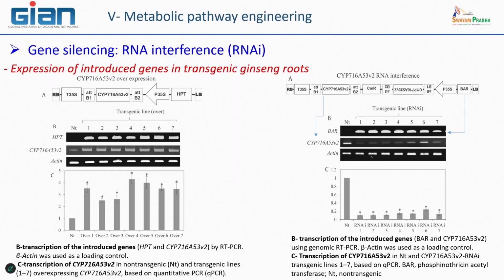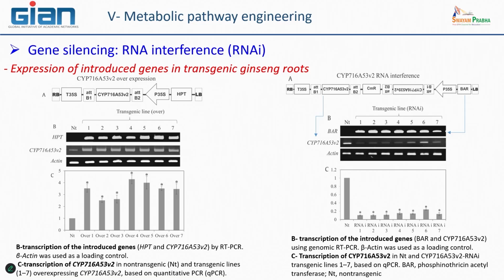And you can see here that this enzyme is expressed because you can find lots of mRNA that lead to this signal after PCR, while in the suppressed cell lines, the transgenic plants, you can observe that only in the control, which has not been transformed, you can detect some transcript of CYP protein, but in all the other transgenic lines, you have a different level of expression of the mRNA.